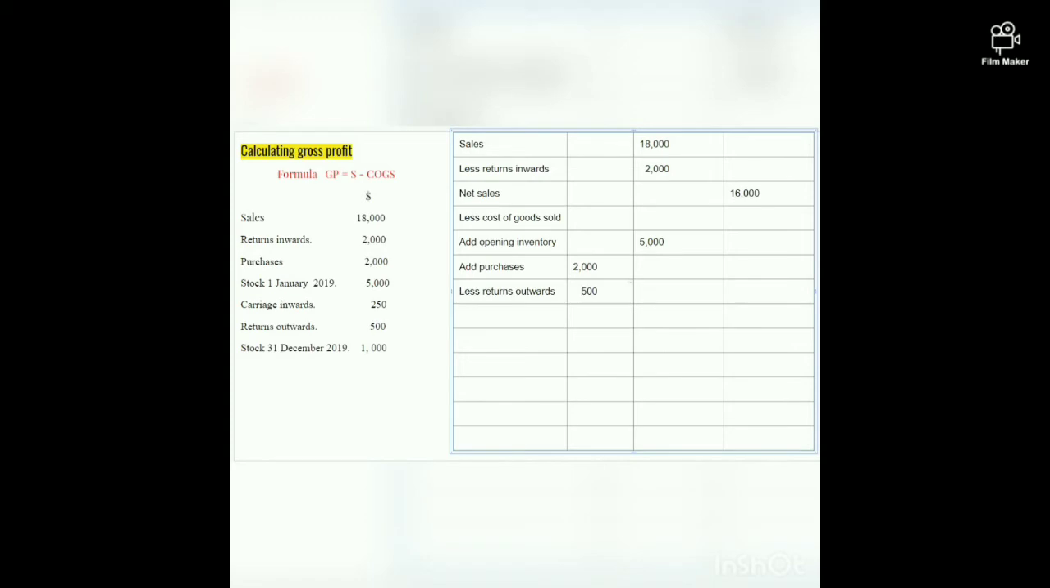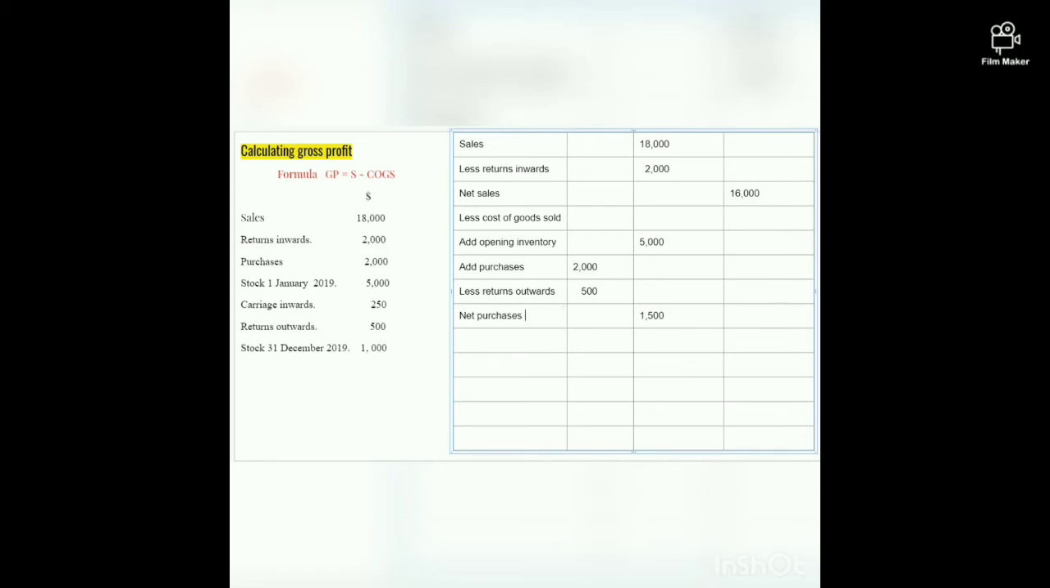So $2,000 take away 500 would leave us with $1,500. All right. When you take away the return outwards from the purchases, what you are left with is known as the net purchases. Very good. So now that we have our net purchases, the next question that we want to ask ourselves is,